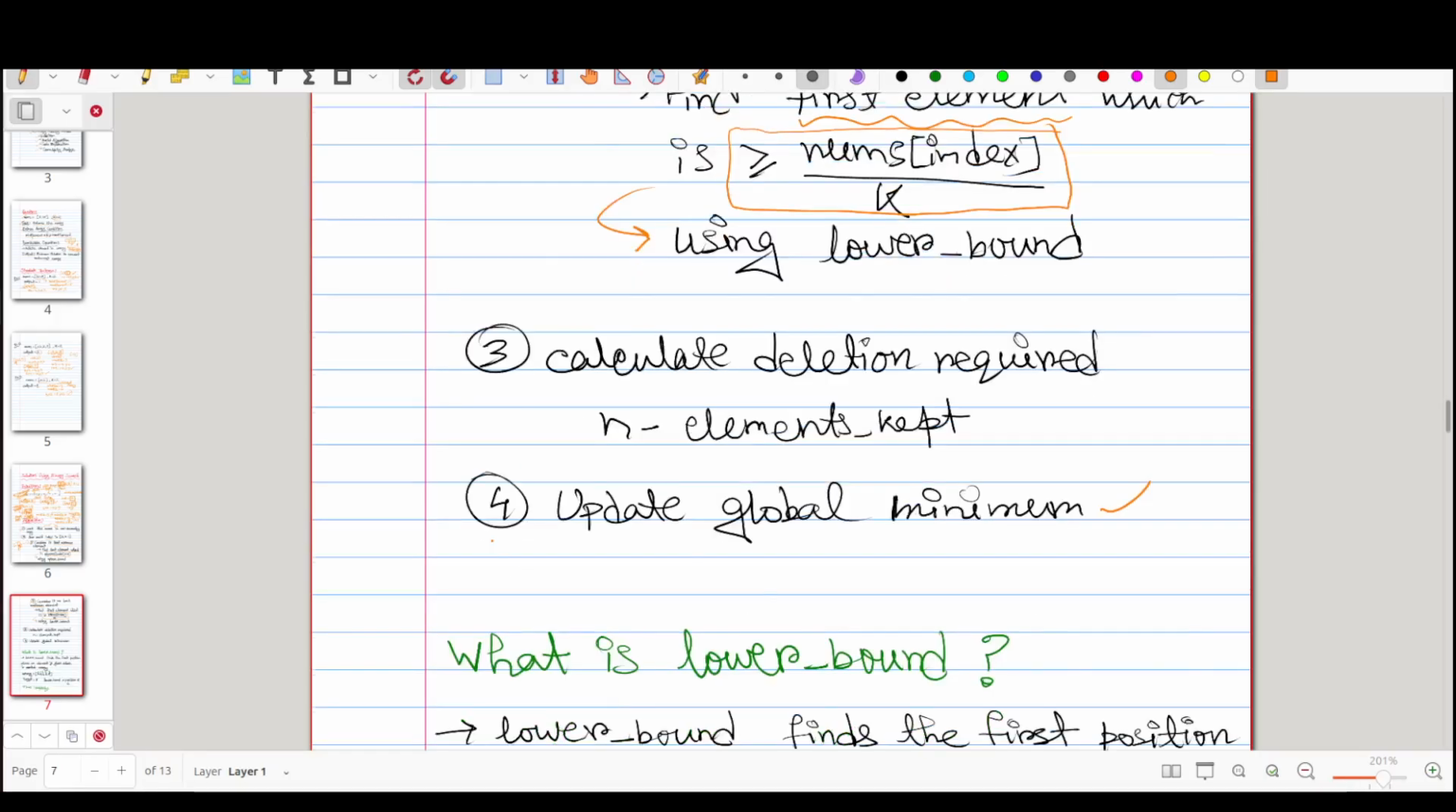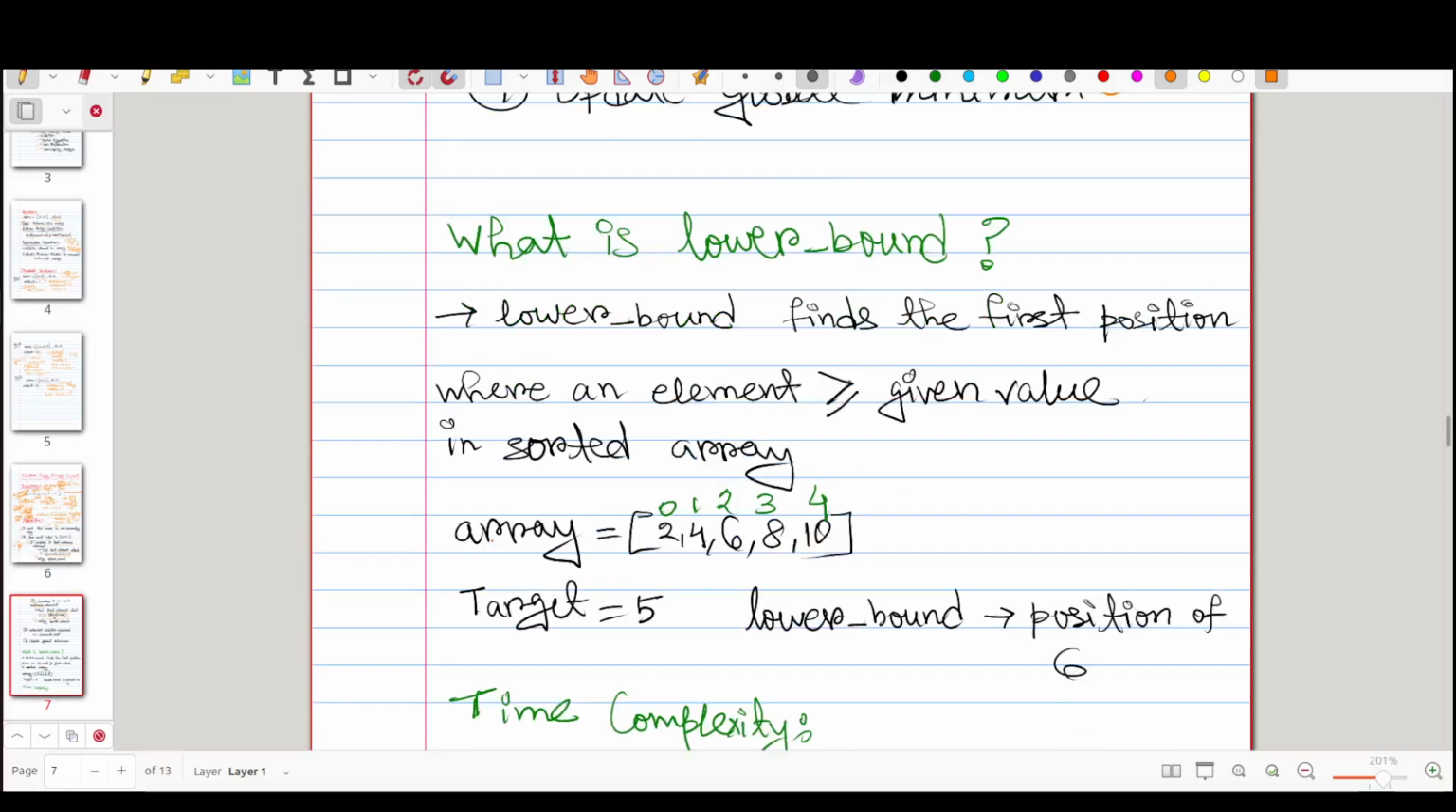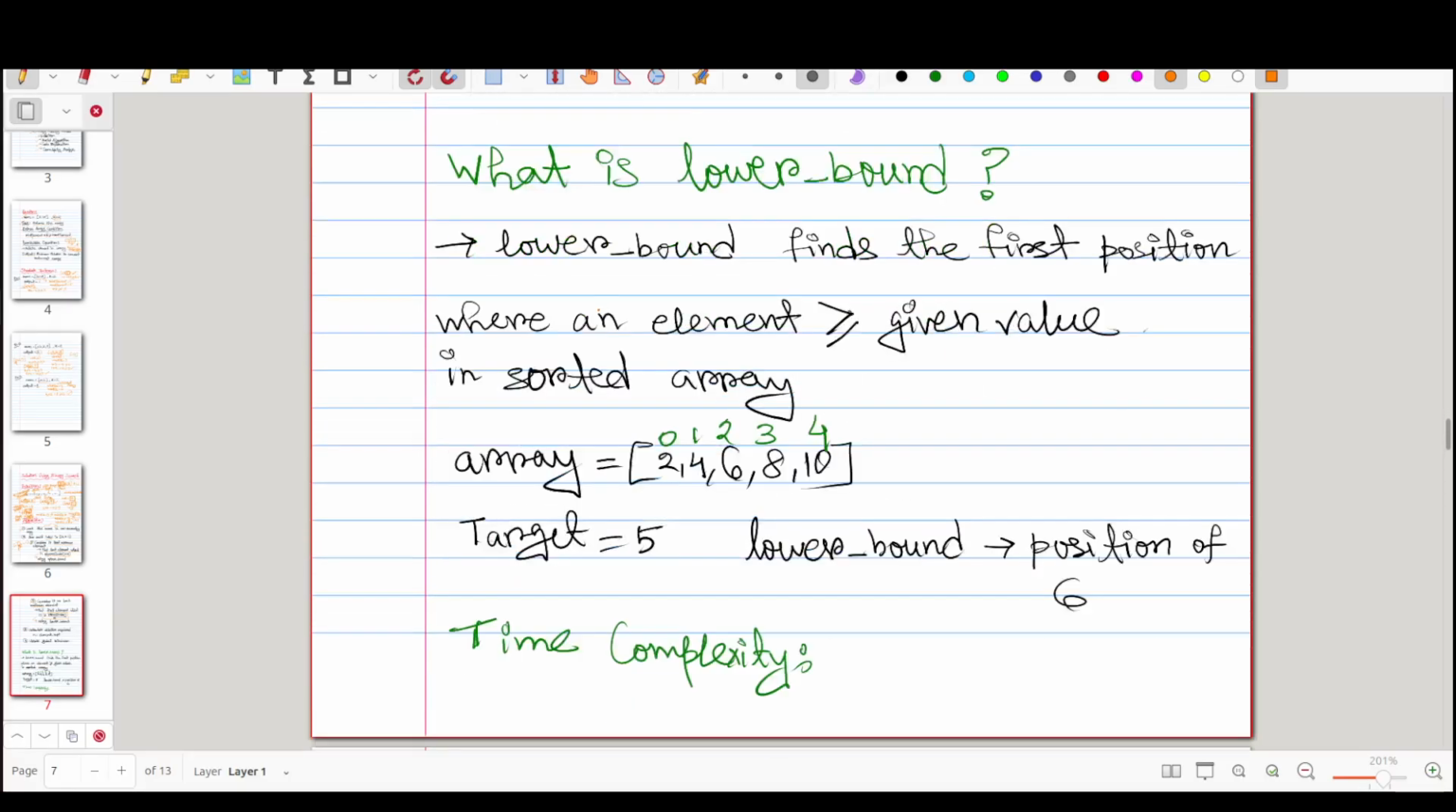Now let's come to the lower bound part. So what is lower bound? Lower bound and upper bound, similar functions are also available in Java and Python, so you can check it, they also work in similar fashion. So I will give you an overview of the lower bound and upper bound. Lower bound finds the first position